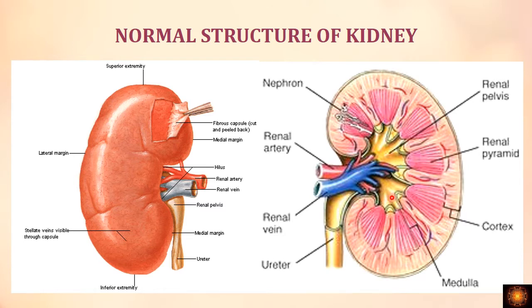into the pelvis. When we see the cut section of the kidney, we have an outer cortex. A rim is made up of the cortex, and then we have the inner medulla. The inner medulla consists of the renal pyramids. We have 8 to 18 renal pyramids, and these pyramids open into the minor calyces. Later on, these minor calyces open into the major calyces, and the major calyces open into the pelvis. The pelvis later opens into the ureter. This is about the internal structure.